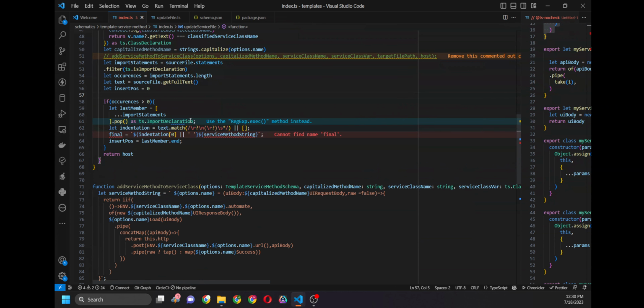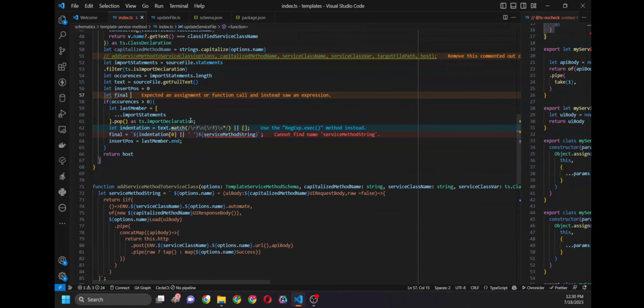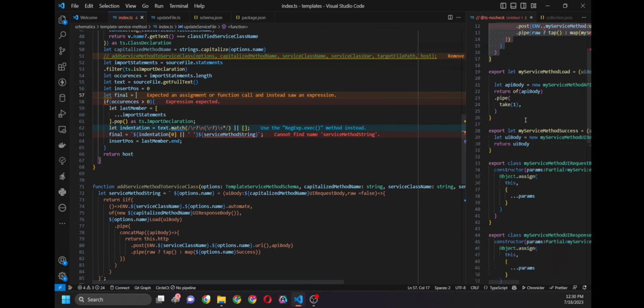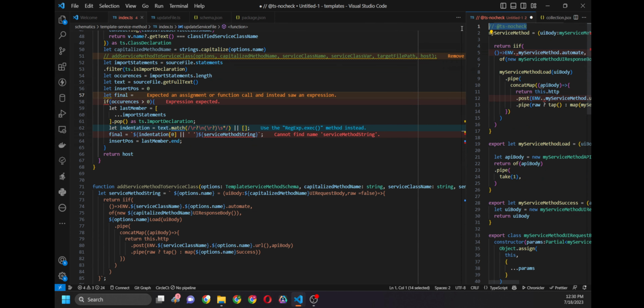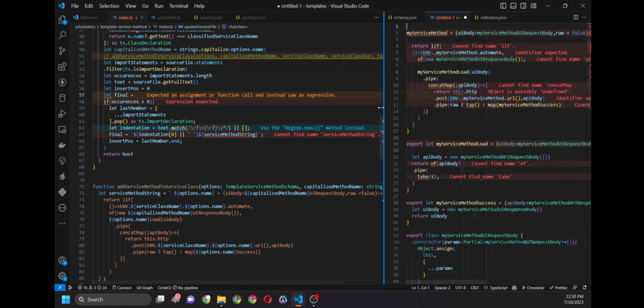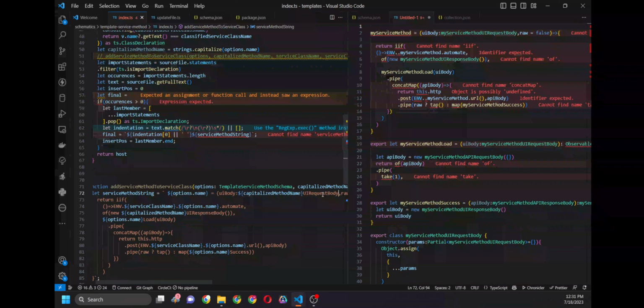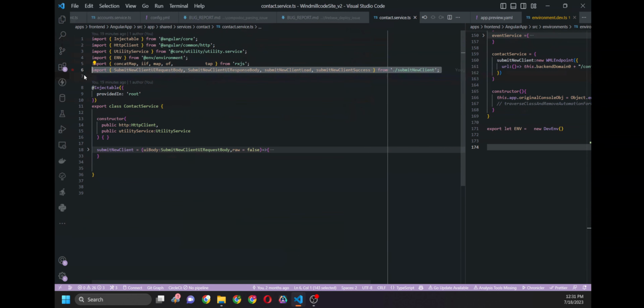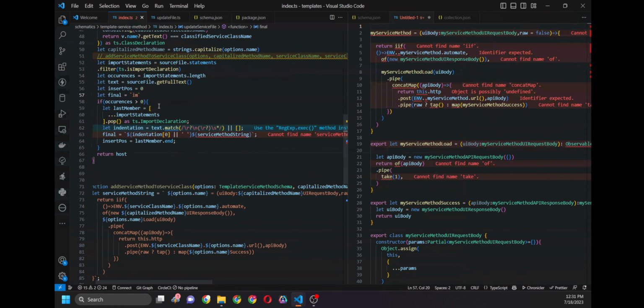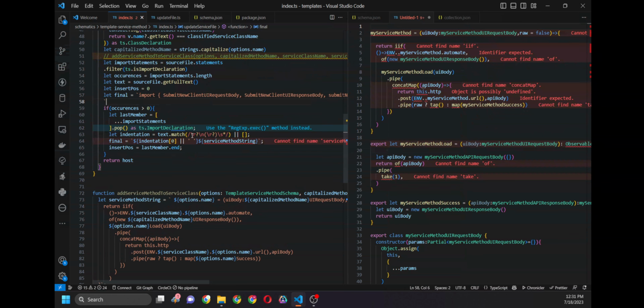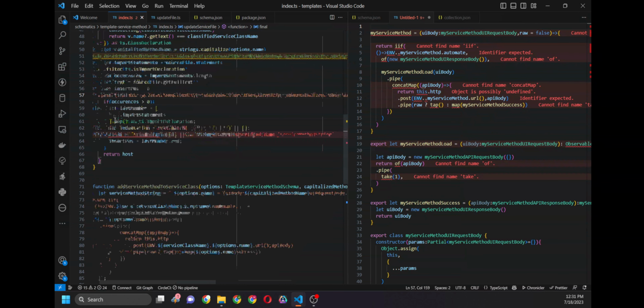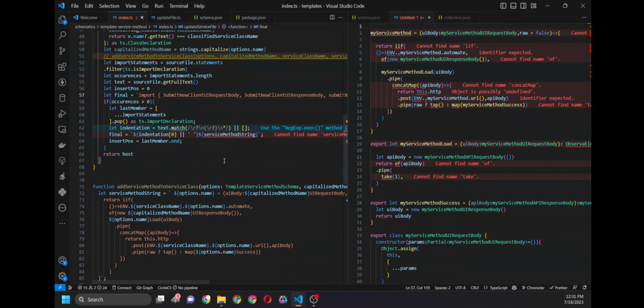Let's say like final, right? And then final is going to be my string. So I say final equals... I need some imports, right? If you look at it, some things need to get imported. I need the service method body. So let's say import. And if you look at it, you could just use this as a reference, right? So I say import, right? So let's go with that little import statement, right? So we can say